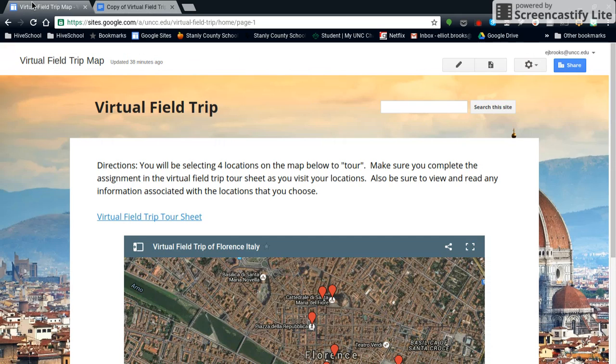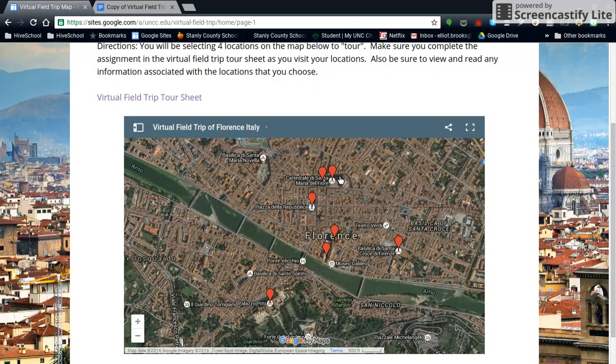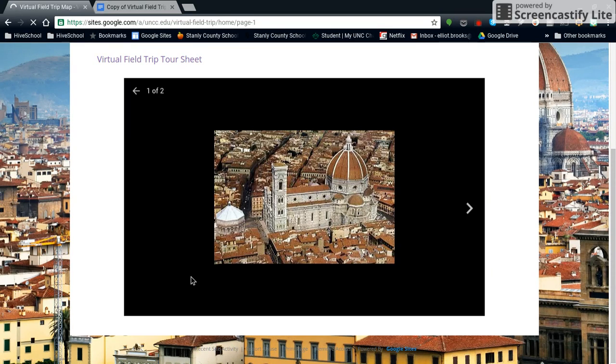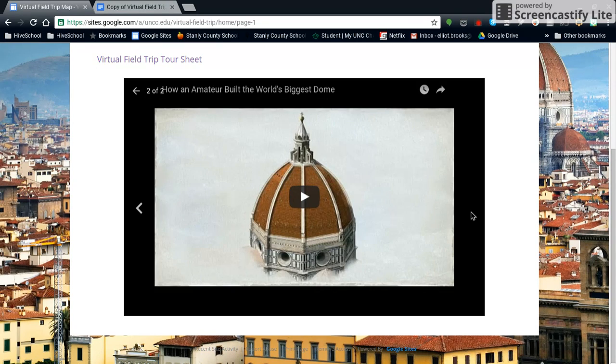So going back to our virtual map, all of these balloons are locations that you can select from. So in order to view that location, just click on the red balloon, and this will pull up over to the side. So this is the Duomo. The photos and videos are down here at the bottom. So if we'll just click on that, it will pull up a window so we can see a photo. If you arrow to the next one, it'll have a video. Once you've viewed those, you'll hit this back arrow,